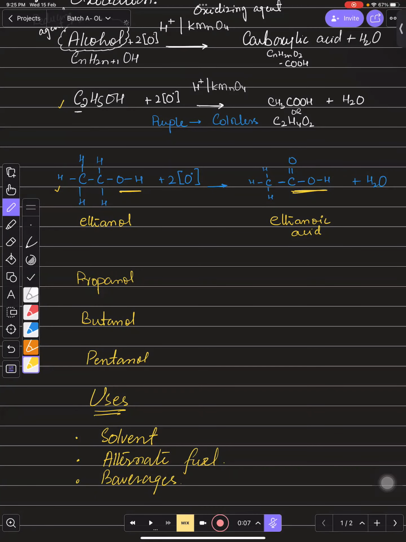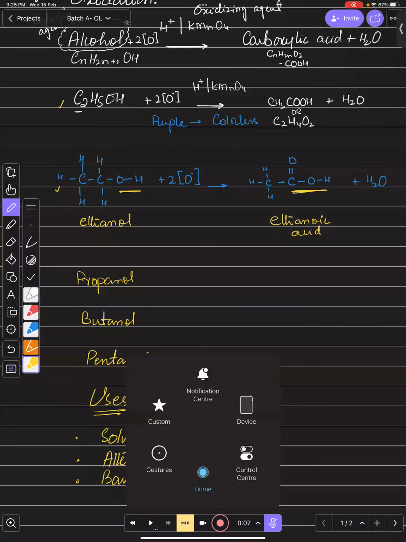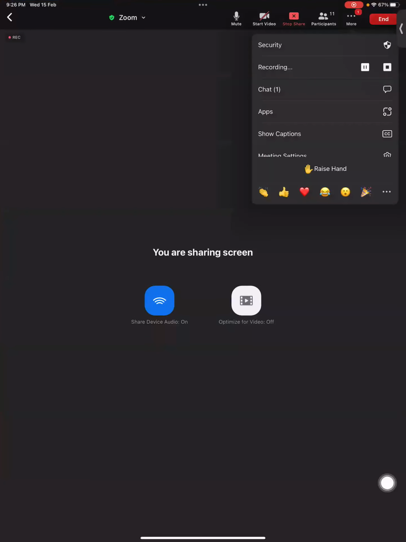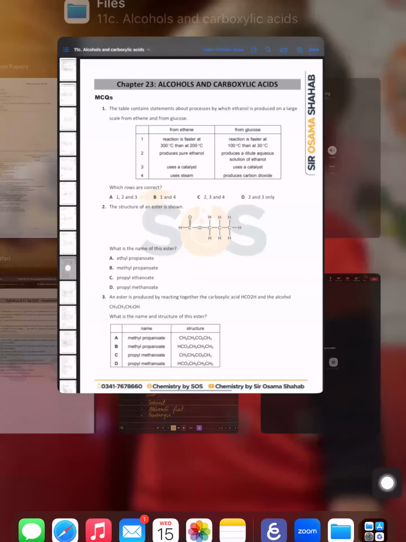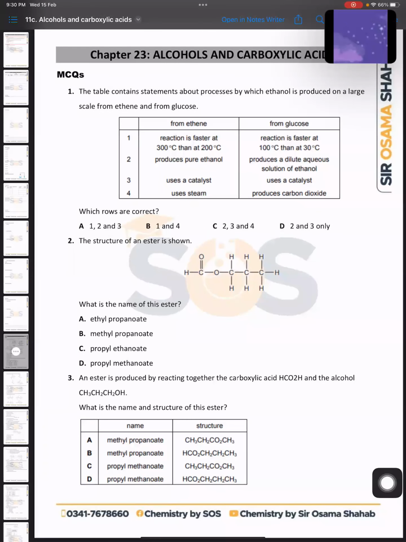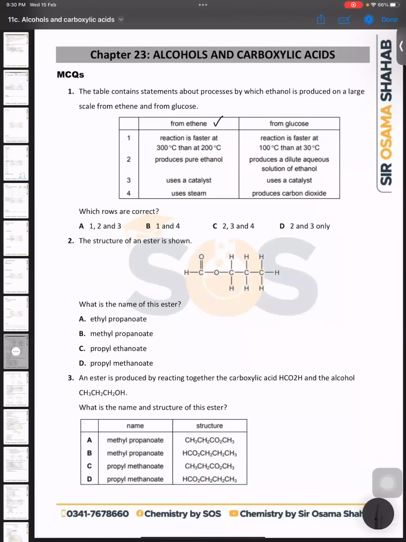Let's talk about some past papers of alcohol, right? I'm just going to share the screen, kindly let me. So what does this MCQ say? You can see this, the table contains statements about processes by which ethanol is produced on a large scale from ethene and glucose. We know that we have two different methods by which we can form alcohol, one is from ethene and one is from glucose, right? Then they are saying that